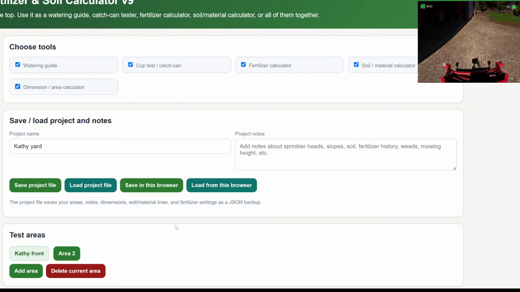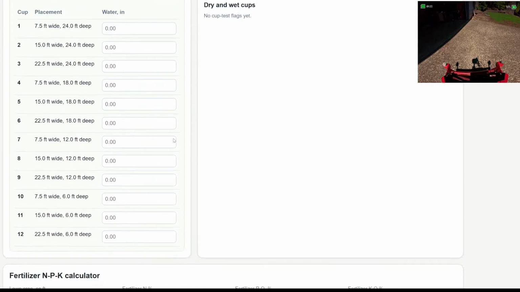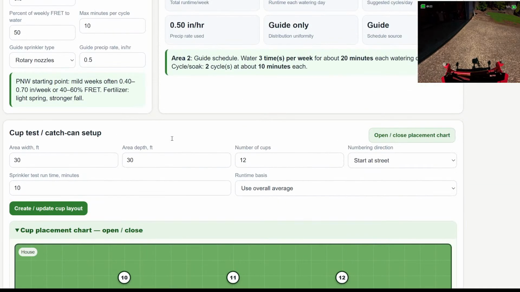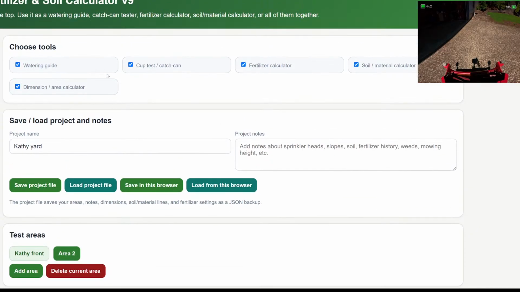And I wanted to do a water test on the park's yard. That was the big thing because they've got a lot of areas that get like triple coverage. Their lawn's looking really great, but the water coverage, I want to get it dialed in because it just seems like some areas are getting more than others. So I started doing this whole water test thing, and I ended up creating this whole app. And here's where I'm at with this app right now.